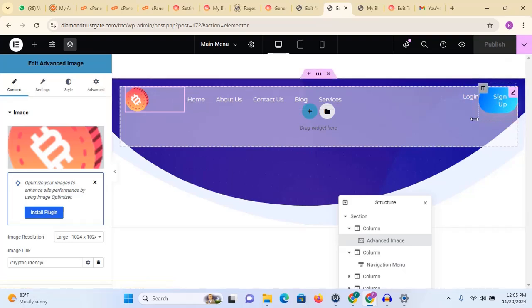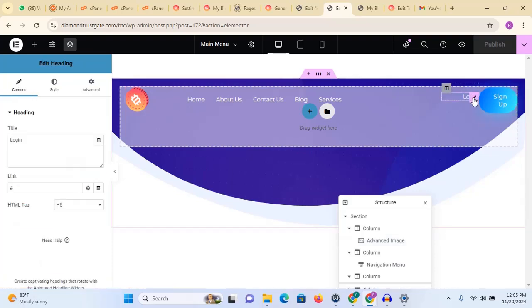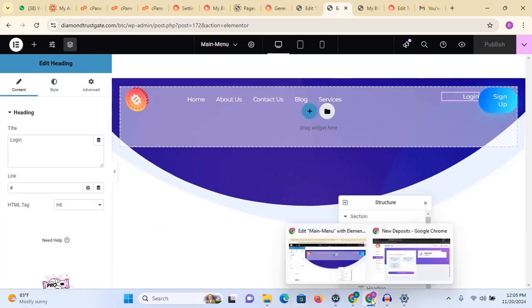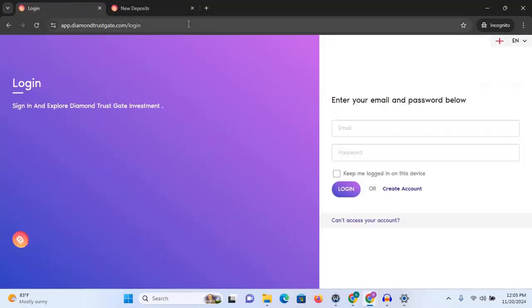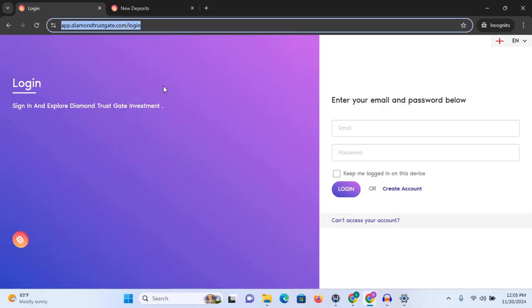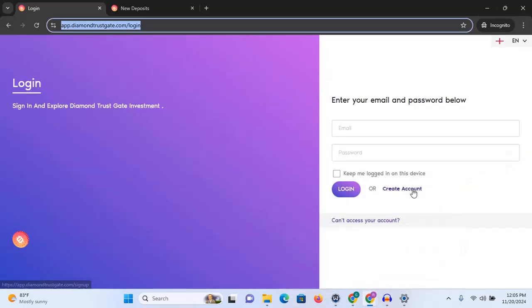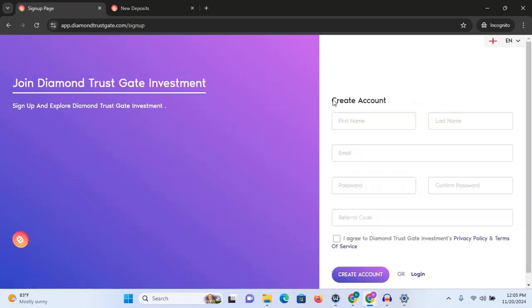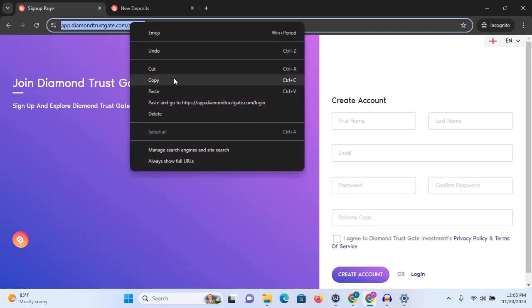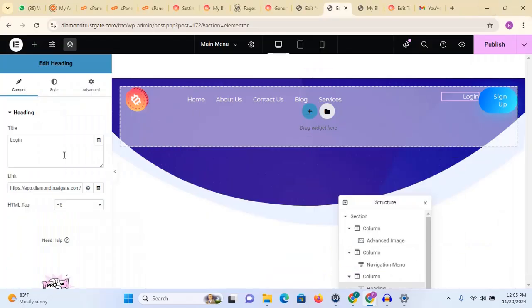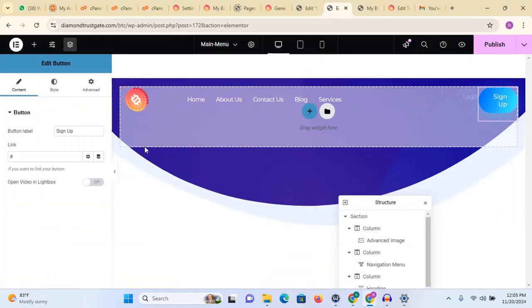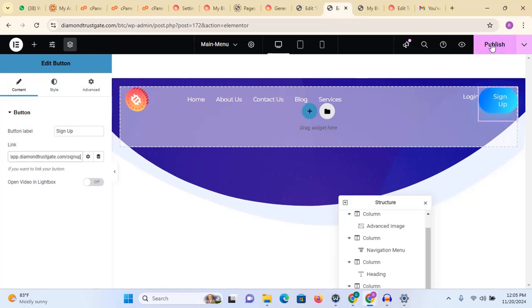So now I want to link our login page and our sign up page. So I'm just going to click on this icon here to edit the button. I'm just going to come to my incognito mode. So I'm going to copy the login URL. So I'm just going to put it here. Then for the sign up URL, I can click on create account. So this is the sign up URL. Then I'm going to copy it. Then I'm going to put that in the sign up button, so that when they click on publish,